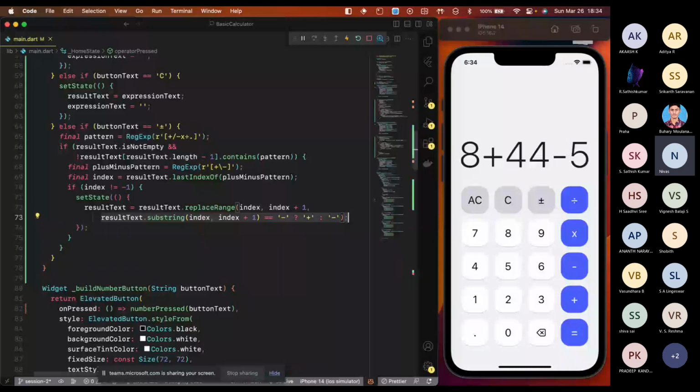And similarly, what I'm doing here is I'm checking whether the match is a minus or plus. If it's a minus, I'm changing it to plus, and if it's a plus, I'm changing it to minus. That's what happens here. So when I refresh it,